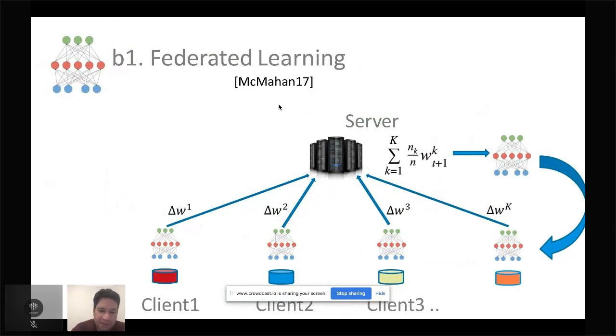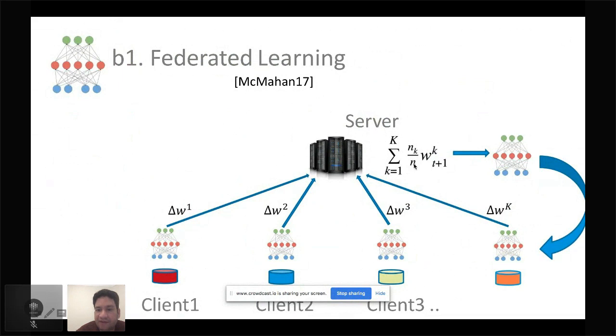So what's happening in federated learning for doing distributed ML, as proposed by Brendan McMahan and Jakub from Google AI a couple of years back, is every individual client trains their entire model. So there's no data sharing. They're just training on their own data set. So far, so good. So there's some ensembling kind of approach where the weights of the models that each individual client has learned are sent to the server.